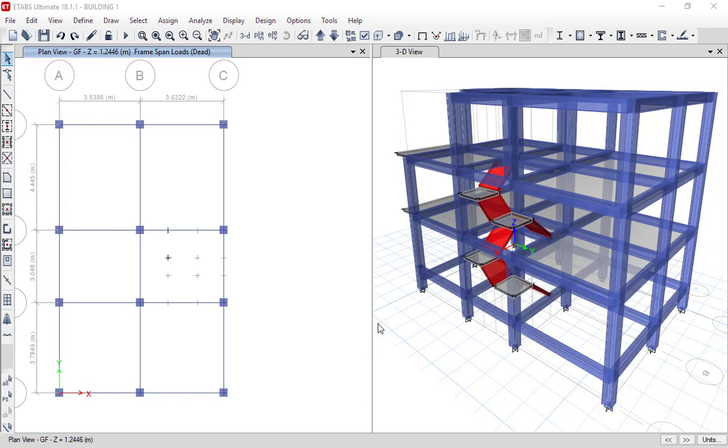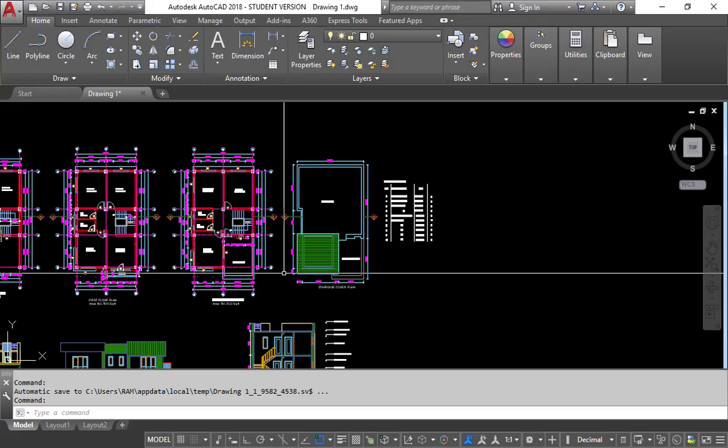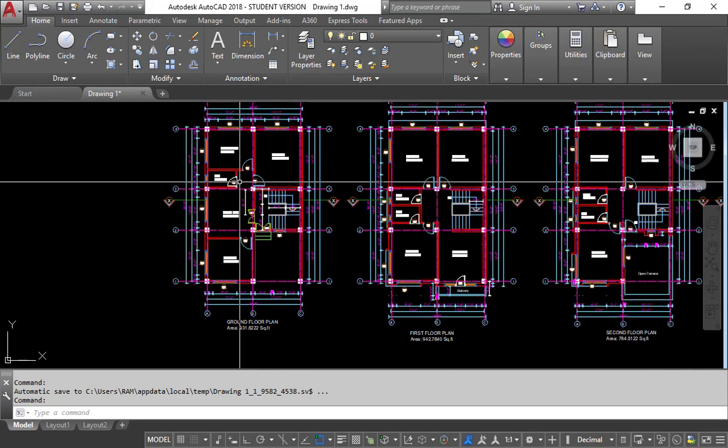In the previous video we defined the load pattern, diaphragm and mass source. Now in this video we will apply the loads to the frames. Before applying the load to the frame, first I will explain how these loads come about. If you go to the AutoCAD file and the ground floor plan,